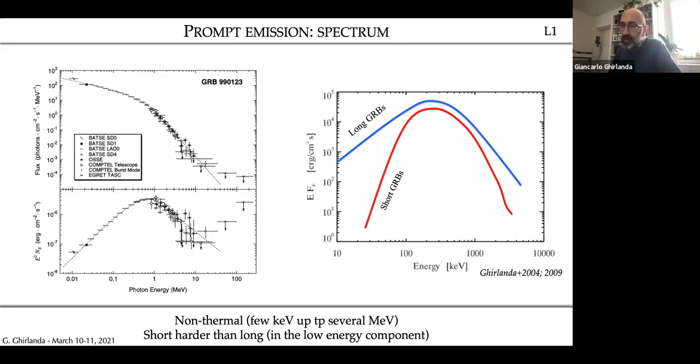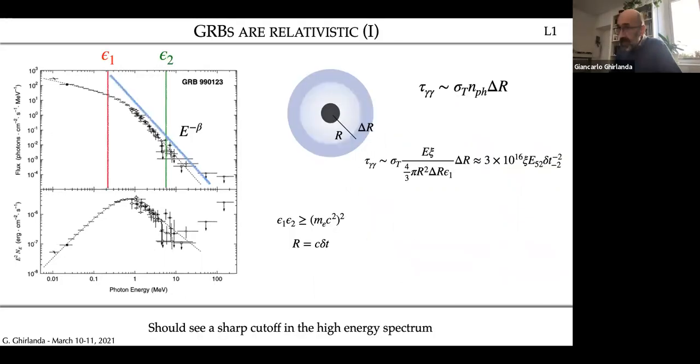And one of the first we have to deal with is the fact that GRBs are relativistic sources. What does it mean? It means that, as we know today, these sources are able to produce a relativistic outflow within which photons are produced. And being produced within a relativistic outflow, of course, everything we see is subject to relativistic transformations. Why do we know that? I think that the easiest way to understand this from a theoretical point of view is to rely on the